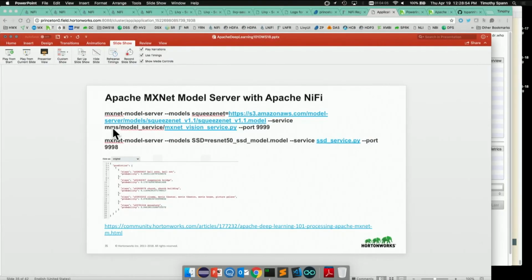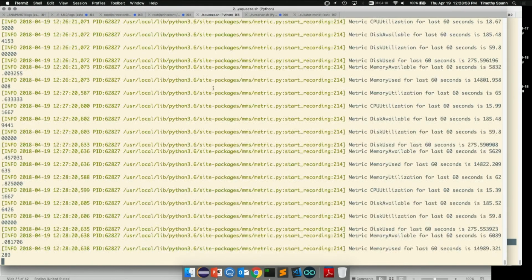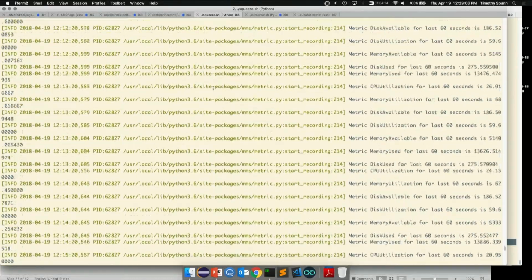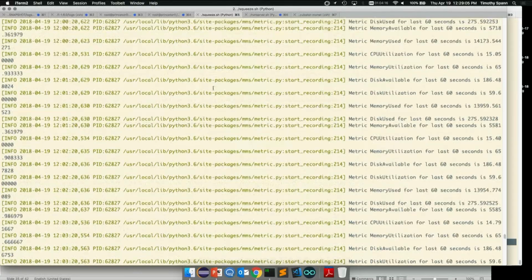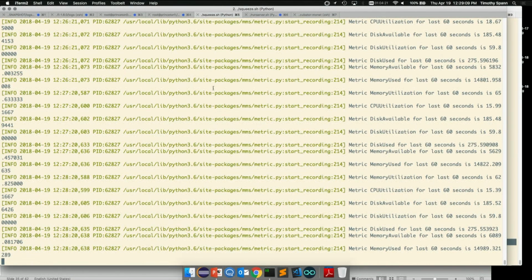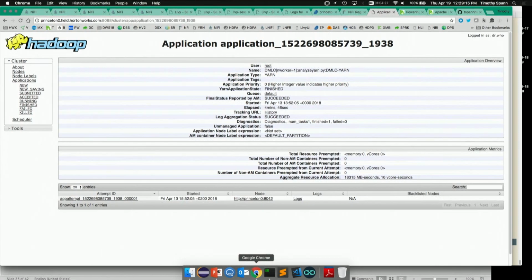I'll show you the model servers. They're about as simple as you can have a server. This is the results that it's showing you, and it shows you a lot of metrics, because it's a very simple thing. And I just ran this with those scripts you saw before. I've got one running for squeeze, which is one of the detection ones, and the other is the SSD.